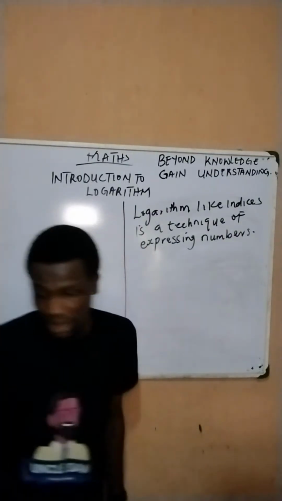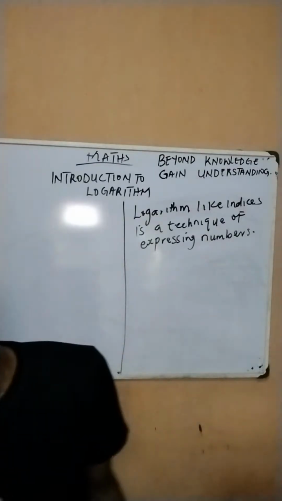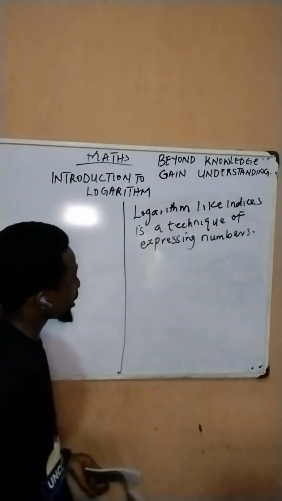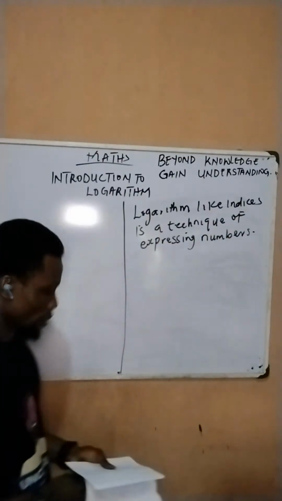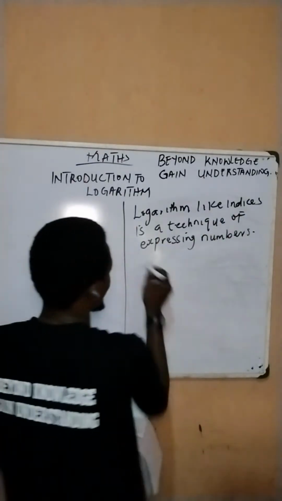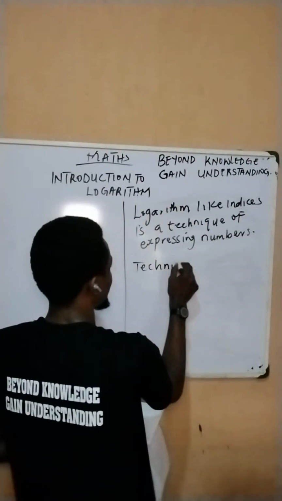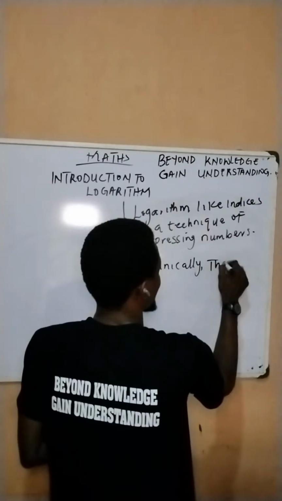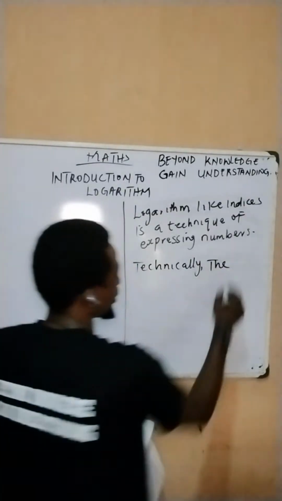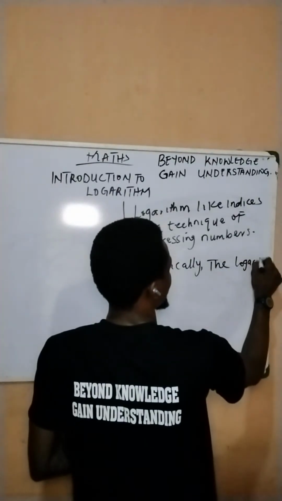And just like indices is a technique, logarithm itself is also a technique. So logarithm, like indices, is a technique of expressing numbers. Then technically, it's just a short note. Technically, this is the definition of logarithm. The logarithm